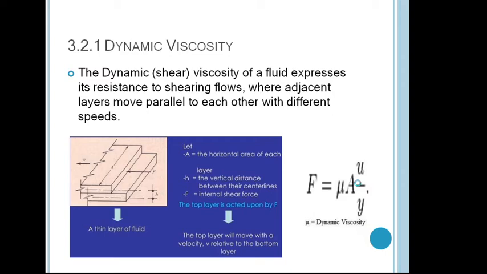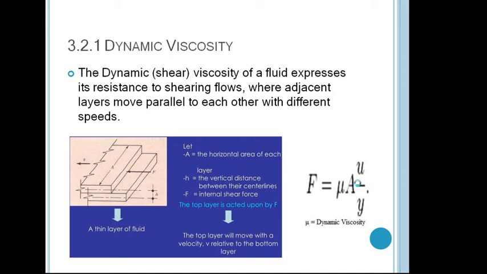So shear force F finally is equal to mu into A into U by Y. Now here that constant of proportionality mu is known as the dynamic viscosity. Tau is directly proportional to du by dy as per Newton's law of viscosity, and then we can write tau is equal to mu into du by dy. That mu, constant of proportionality, is nothing but your dynamic viscosity. The dynamic viscosity of a fluid expresses its resistance to the shearing flows, where adjacent layers move parallel to each